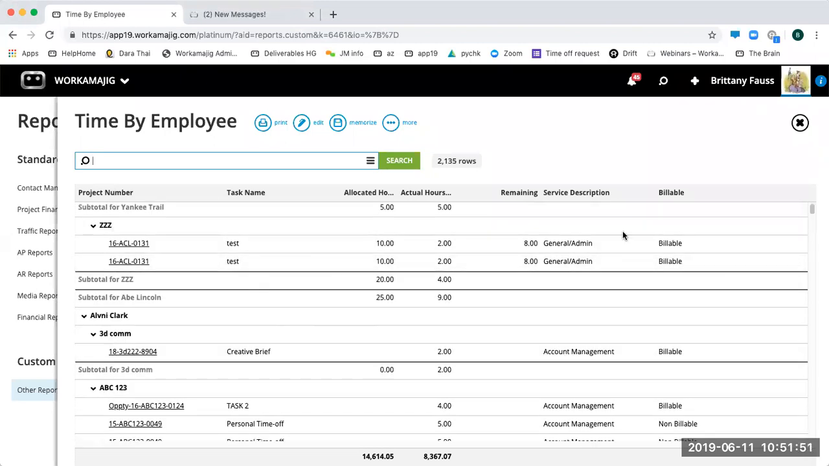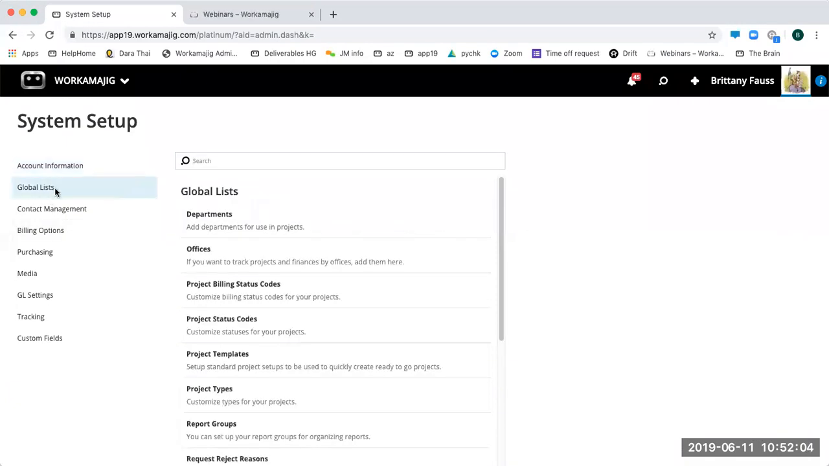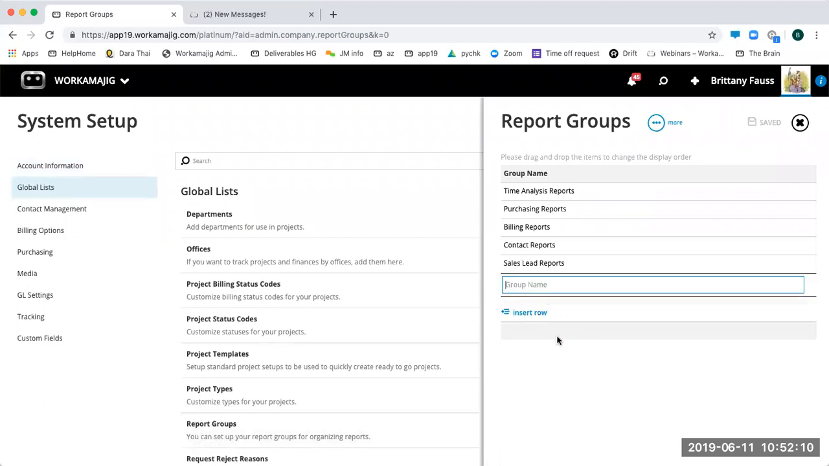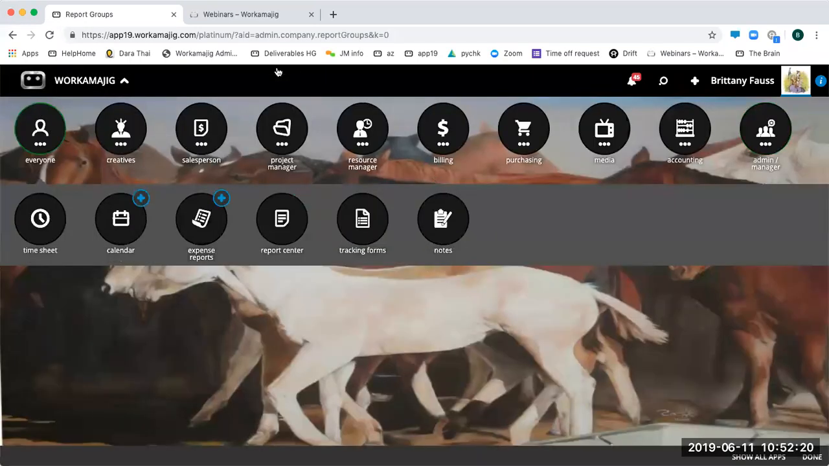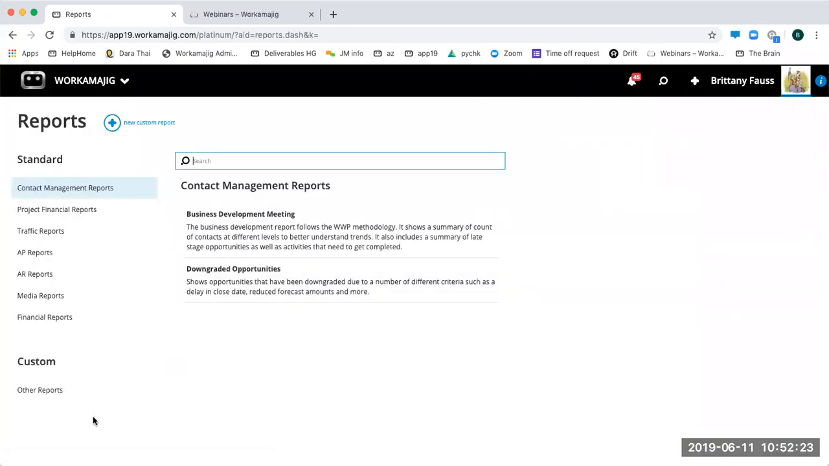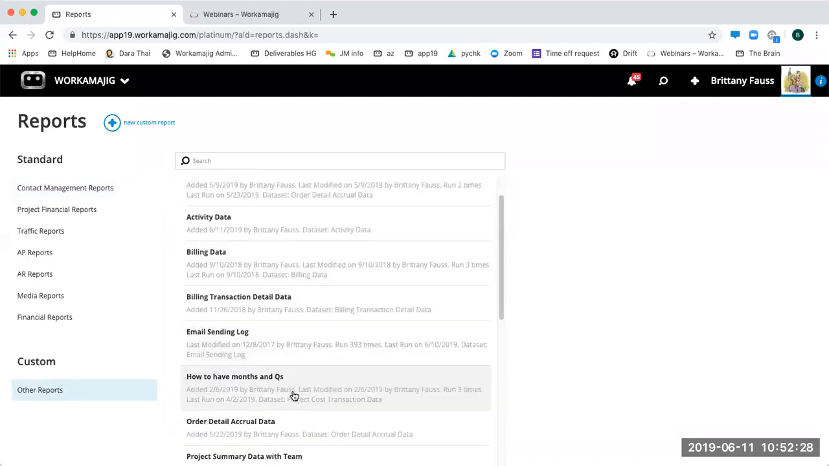Can you create custom report groups rather than other? Yes, that is going to be in a different section though. So again, it's more of a setup option. You're going to be in admin and system setup, global lists, and you have this option called report groups. So if I want one called, I'm just going to do something with my client. So now that's one of my report groups. You're going to notice when I come in here, I will not see that option because I have to actually put a report to that particular